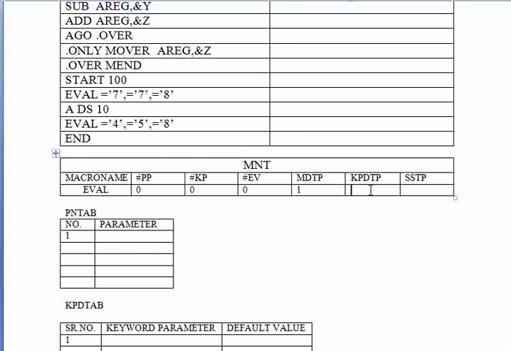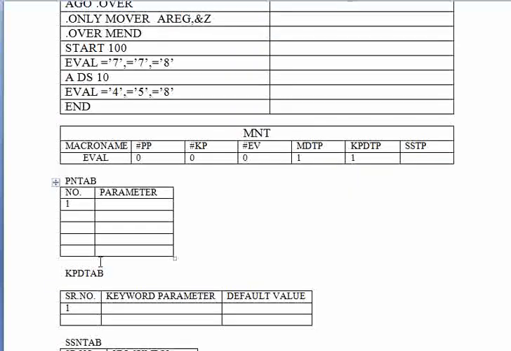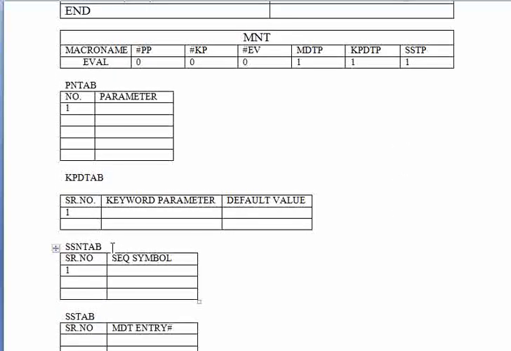KPDTP is set to 1, assuming that if there are keyword parameters in this macro called EVAL, then they would be placed from position 1. The sequencing symbol table pointer is also set to 1, indicating that if there are sequencing symbols within our macro, then we will start placing them in the name table at position 1.